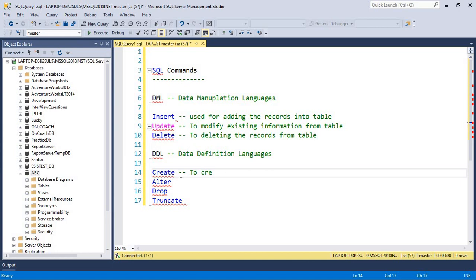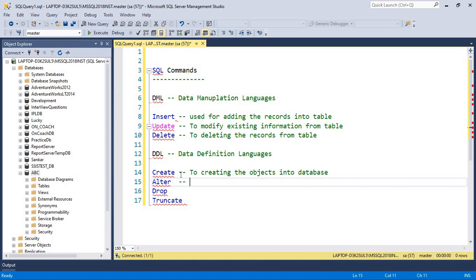So let's move to alter. Alter is clearly for modifying the metadata information. Suppose you want to modify the field name, table name, the data type of that field, or the size of the field.